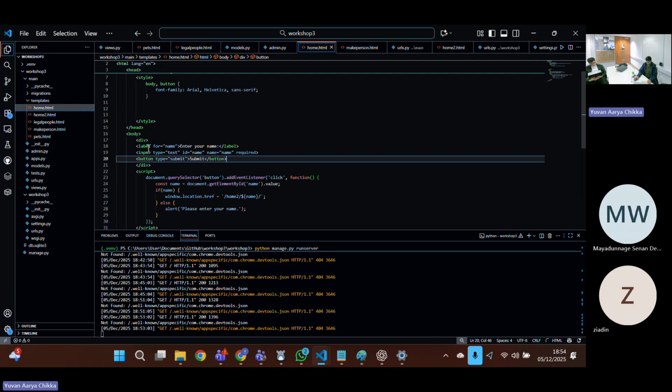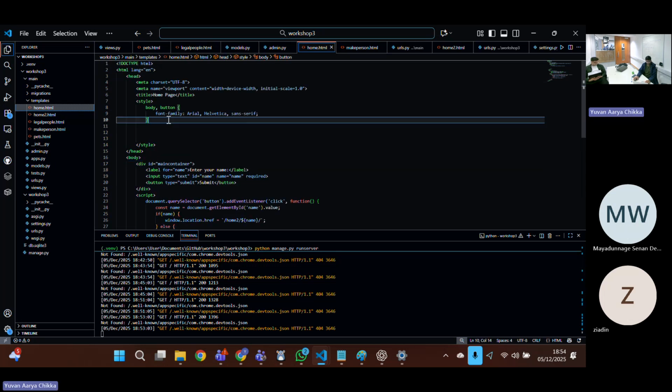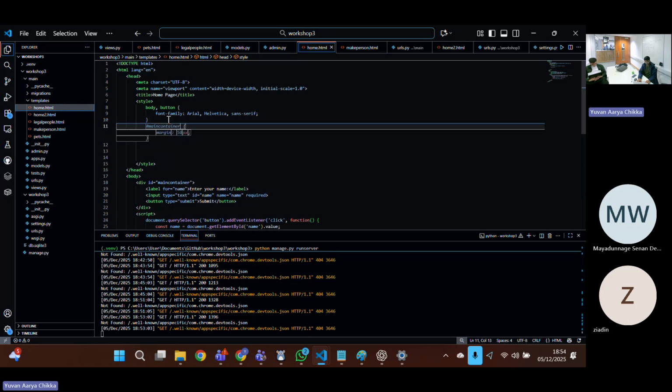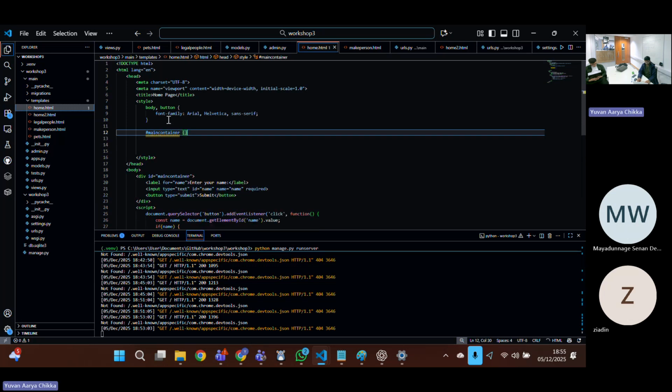And we're going to call this div, and we're going to give this div the ID, and ID is just more specific than a class again. ID is going to be the main container. And now we're going to use a little trick. We're going to reference this ID, which you do using the hash symbol. So we're going to go hash main container, and we're going to